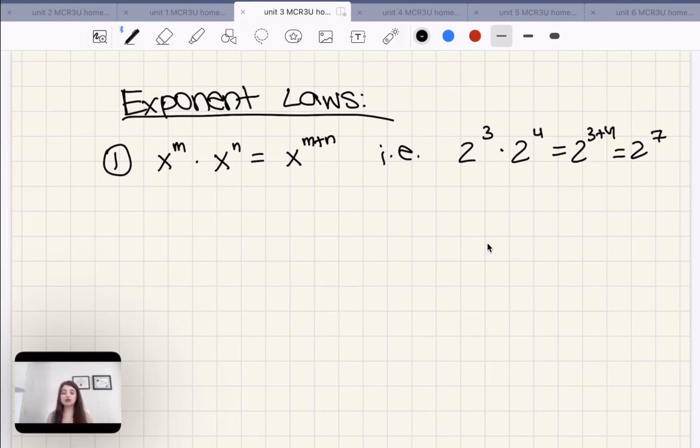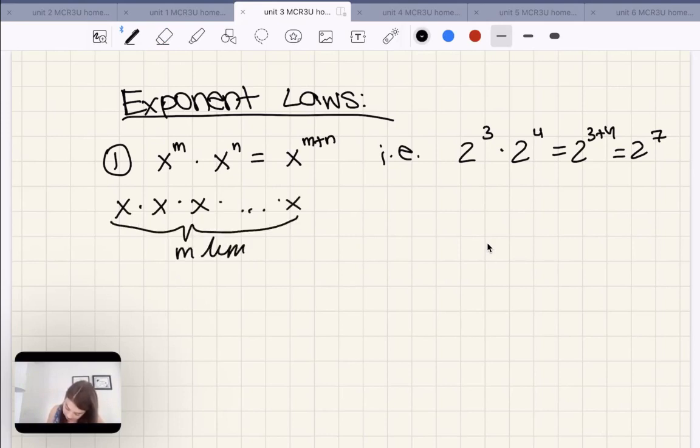Now, why is this true? How can we do this? Well, if we think about it, we have x times x times x, blah, blah, blah, right? We have this m times, and then times x times x times x, blah, blah, blah. We have this n times,